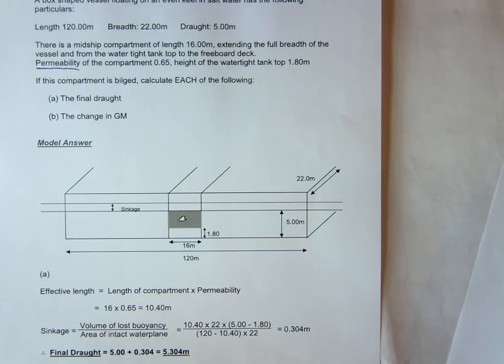Let's look at the final draft first. So to get the final draft, it's simply get the sinkage, add that to your initial draft, and then that's your final draft. To get the sinkage, it's the volume of lost buoyancy over the area of intact water plane. Now the volume of lost buoyancy,